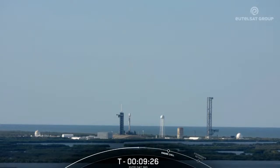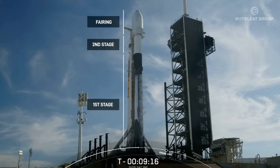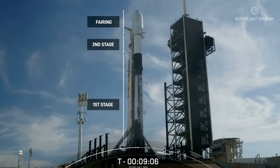So at T-minus 9 minutes and 25 seconds, let's learn a bit more about the Falcon 9 supporting today's mission. Falcon 9 is a 2-stage rocket that is both designed and manufactured by SpaceX for the reliable and safe transport of people and payloads into Earth orbit and beyond. It is the first and currently the only orbital-class rocket capable of reflight. The entire vehicle stands at